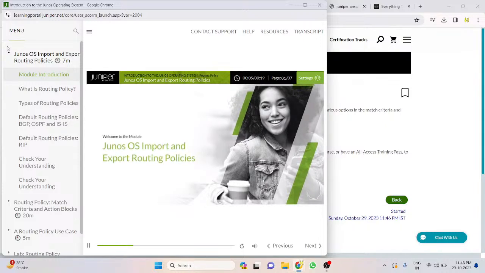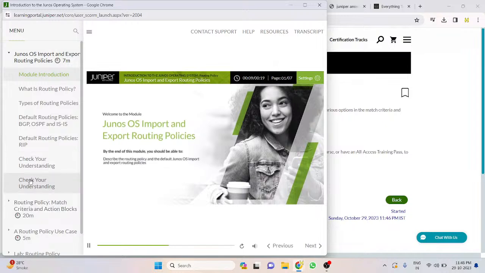Welcome to the Junos OS Import and Export Routing Policies module. By the end of this module, you should